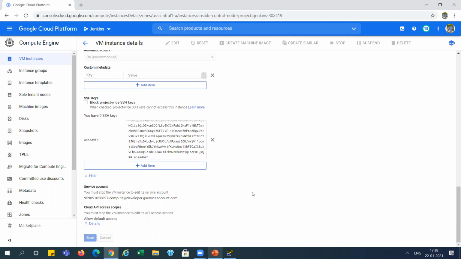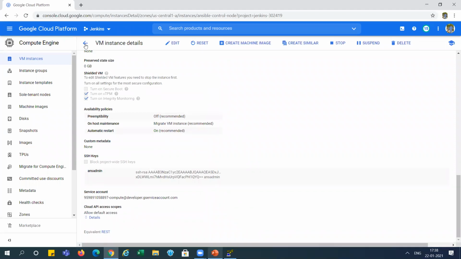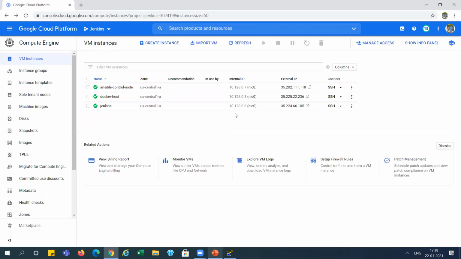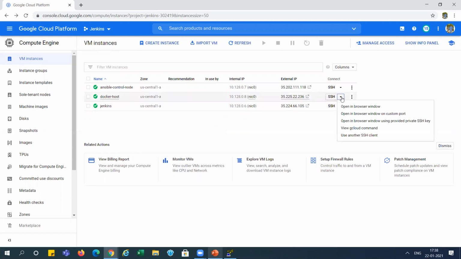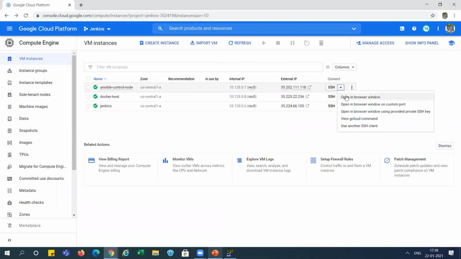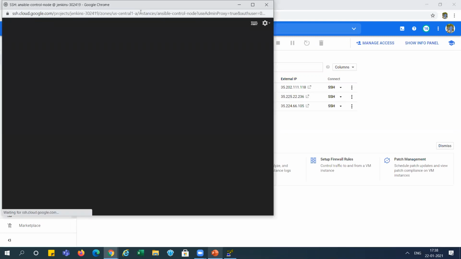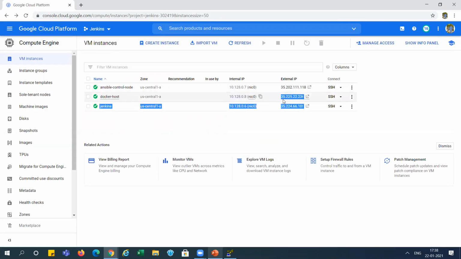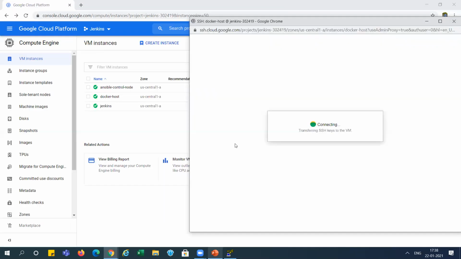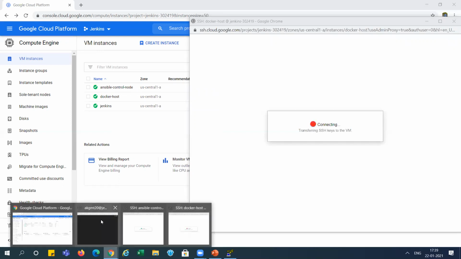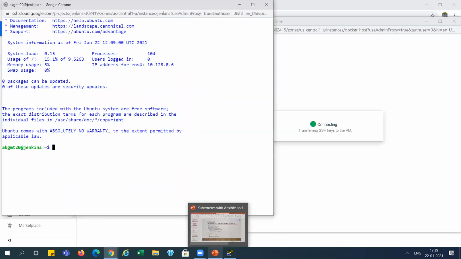This process is not similar to AWS. We are not doing this thing in the AWS console. So now we have added this user here, and now we are connecting to it directly in the browser. This is for Jenkins, and this second one we are opening for the Ansible. So I'm putting it somewhere here, Ansible, and the third one is Docker. I'm putting it here, right? See, it is connected, right?